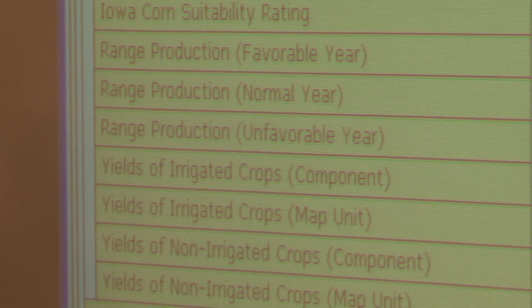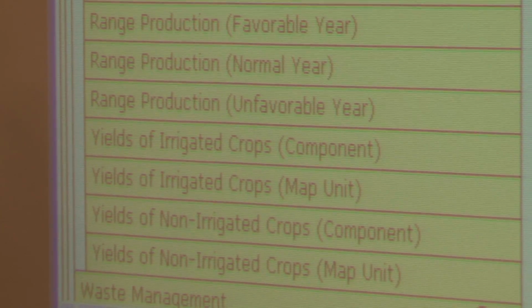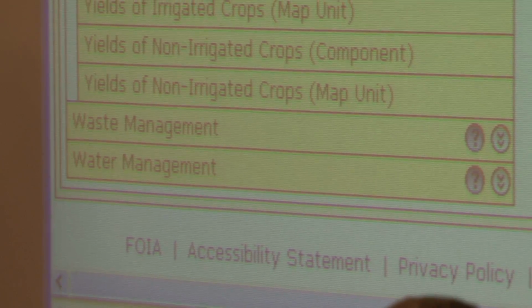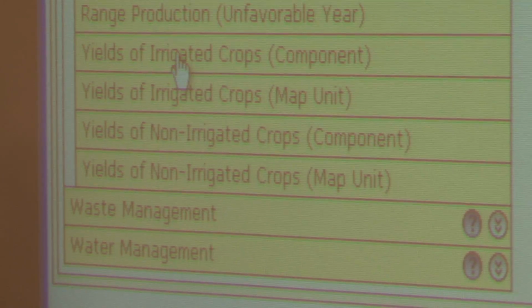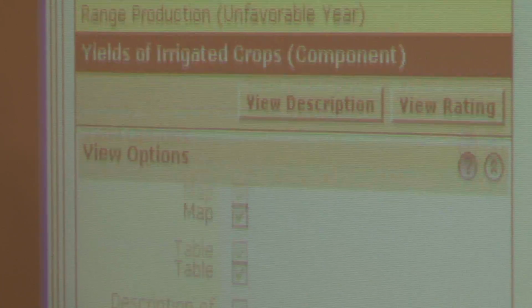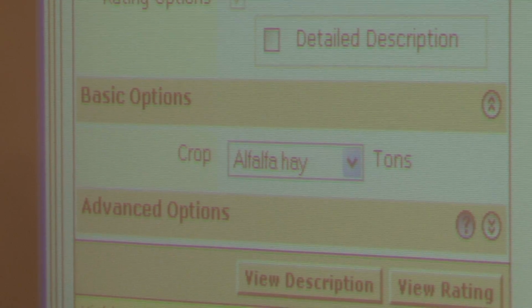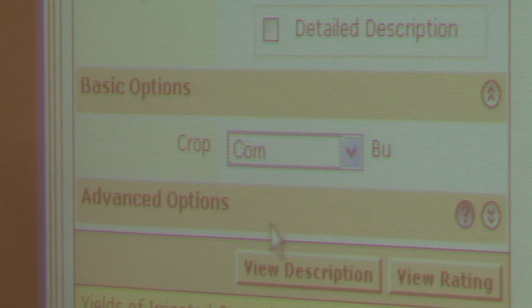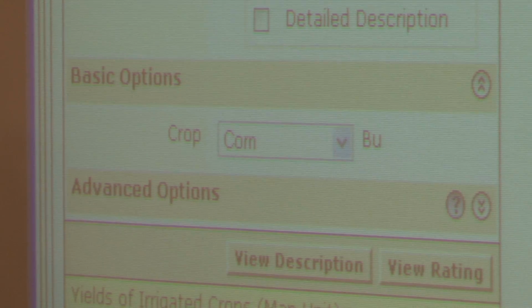So I'll scroll down a bit more, and look for yields of irrigated crops. And let's choose corn as a crop here. And if I click on View the Rating,